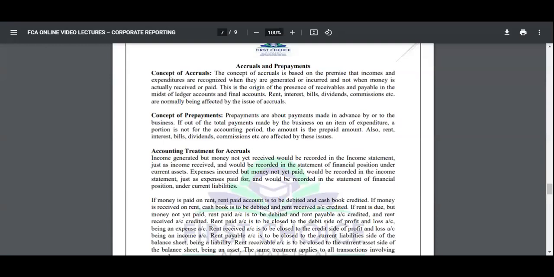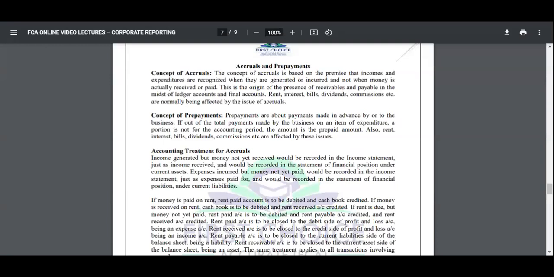For example, why do you think they started calling NEPA lights your meter a prepaid meter? It's because you've actually paid ahead of usage. Unlike before, when you paid only after you used it, now you pay before you even use it. So that is what prepayment is: paying in advance.